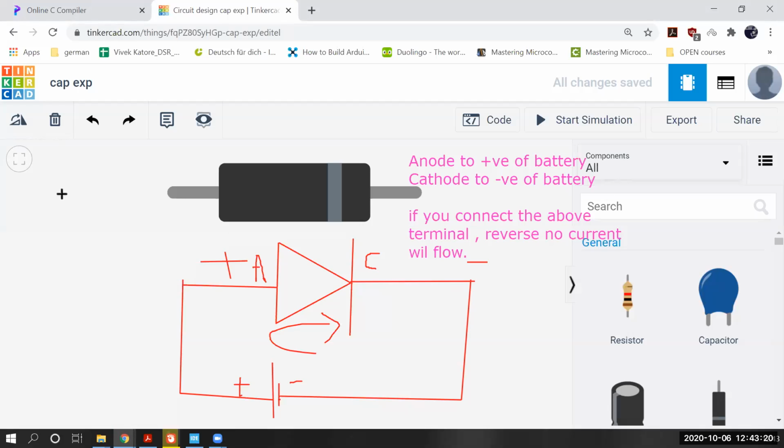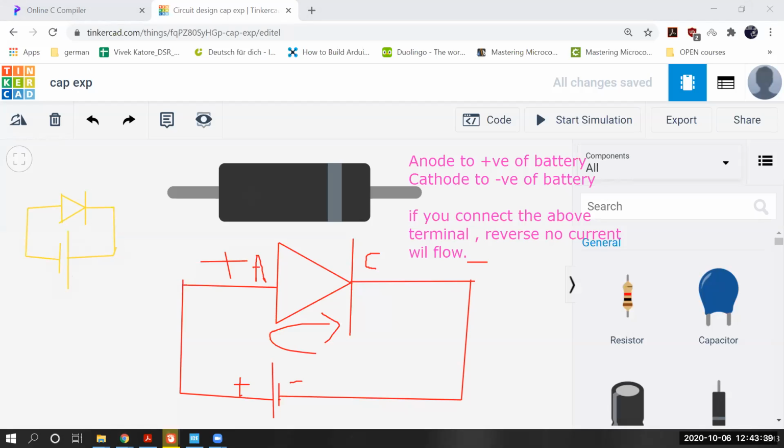Same thing I'm doing, but in the last, I'm connecting the battery in reverse position.